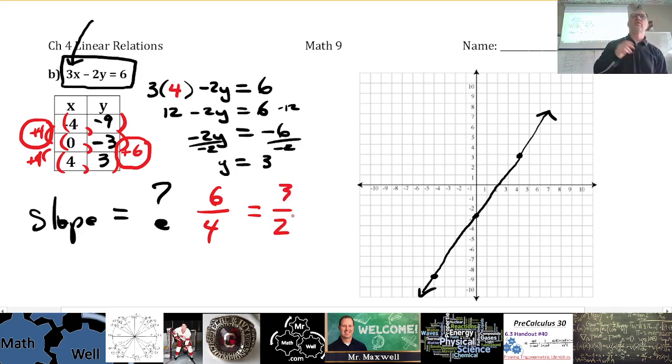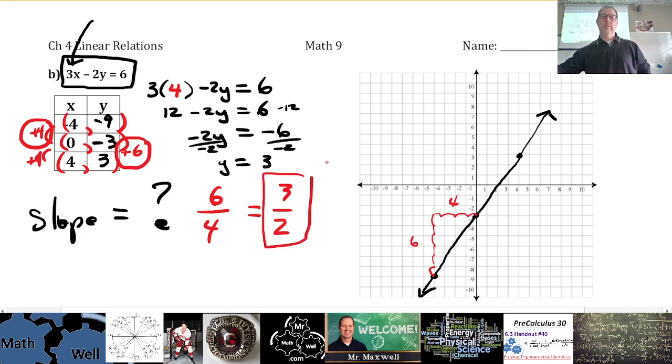Well, let's see. If we remember, the change in y value for all of the other graphs divided by the change in x value was the slope. So how many do I go up? I go up 1, 2, 3, 4, 5, 6, and I go over 1, 2, 3, 4. So that's 6 divided by 4. Yep, 3 over 2. That's my slope. Now that's a bit tricky, but that's how you find slope. I don't think you actually need to identify the slope here, so don't worry too much about that. But